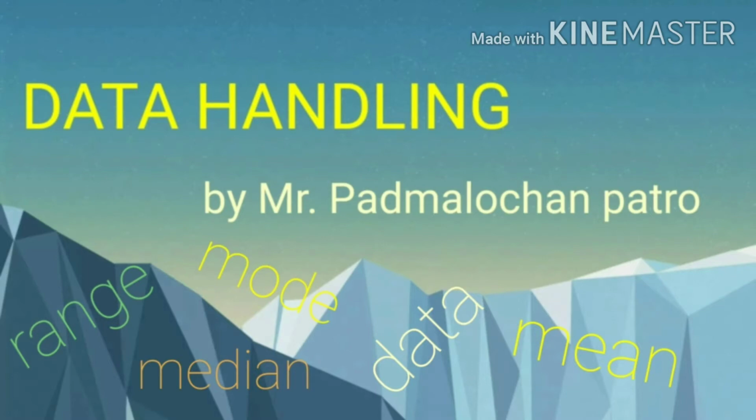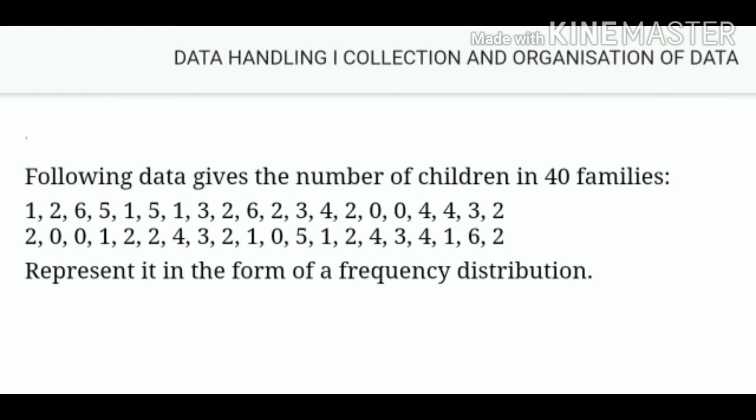and what is the mode, what is the median, what is range, what is data frequency, what is mean, all those things I told. And in this video I will tell how to find the mean, mode, median by using the formula for large value data. And before that, first I will say what a frequency table is, or how to make a frequency table of a large data. Let's take one example first.